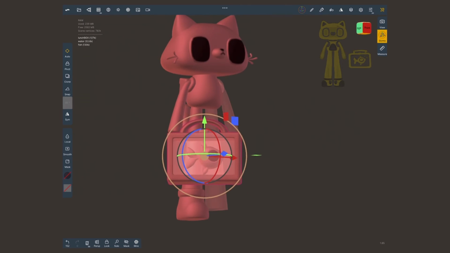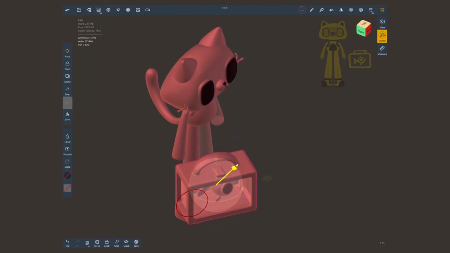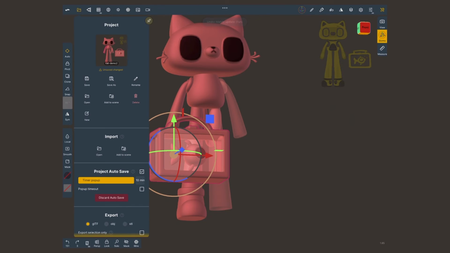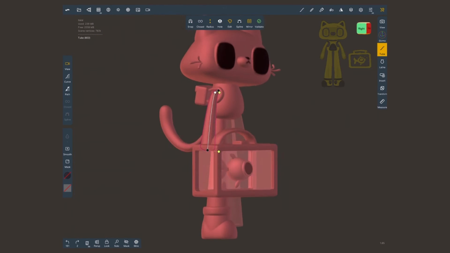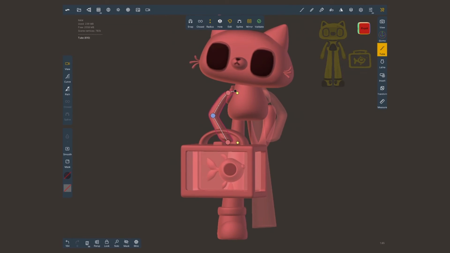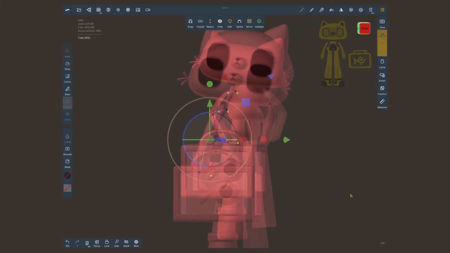By the way, make sure to save a copy before you commit to the pose. It's important to have a backup in case you don't like your progress. Now as for the arms and legs, I can put them in any pose I want, though it's gonna be weird if they are symmetrical. So I'm gonna get rid of that mirror.